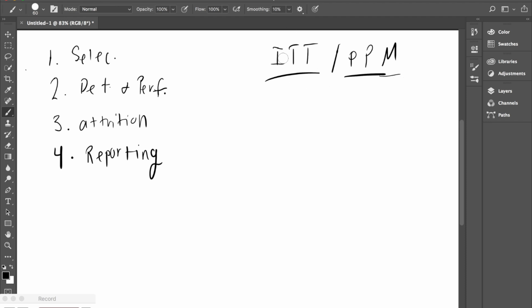Okay, so what is intention to treat and what is per protocol method? Alrighty, before we actually talk about this, let's quickly just go over what the type 1 error and type 2 error are, because it's going to tie into this. So type 1 error,